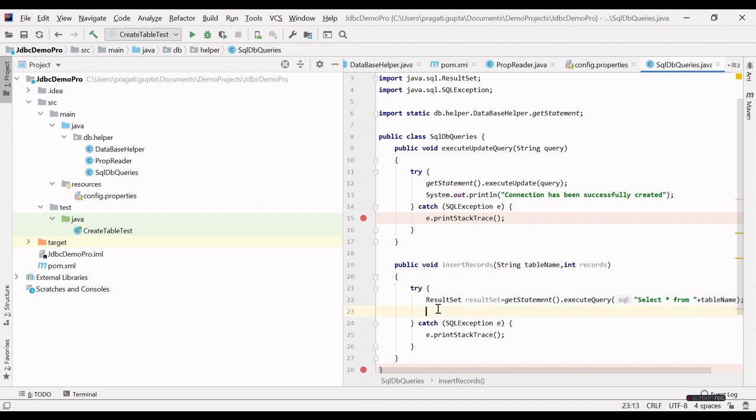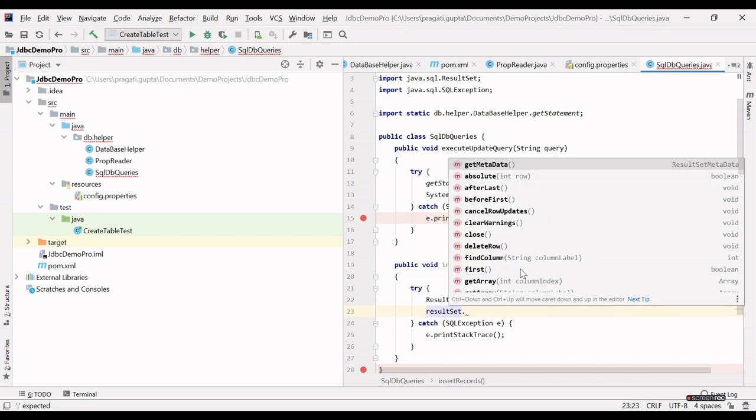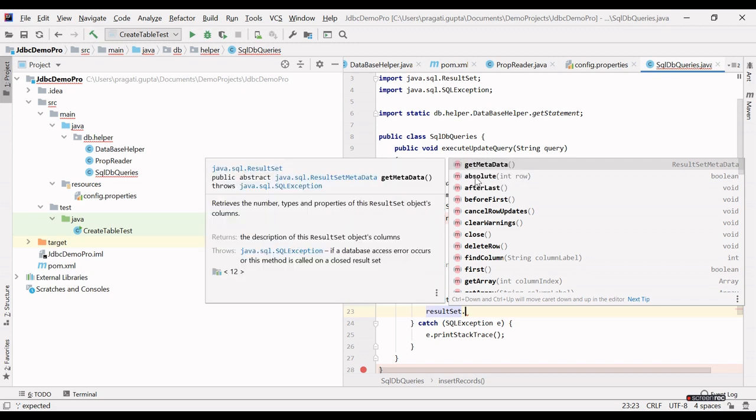So what I will do, I will get the schema information about this table, right? So how we can get the schema information, how we can get the metadata? From result set I will get the metadata that will give the information about the table.